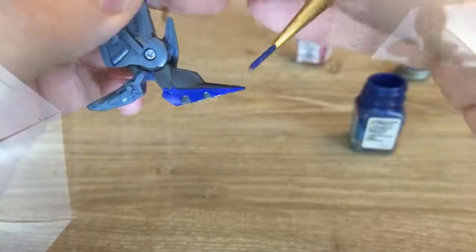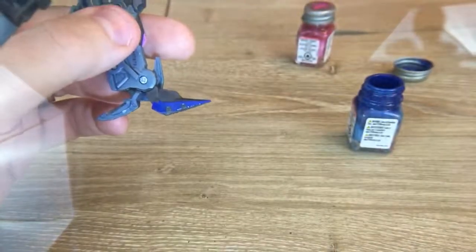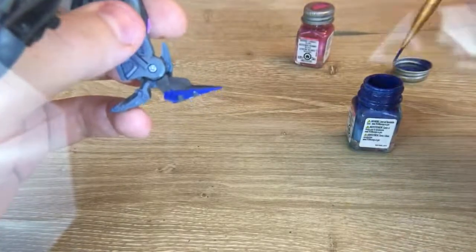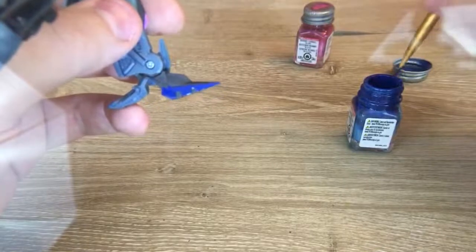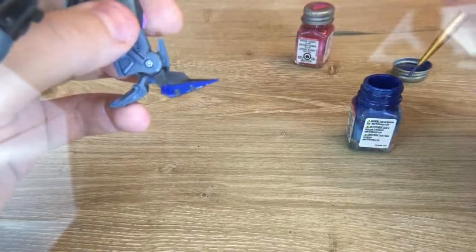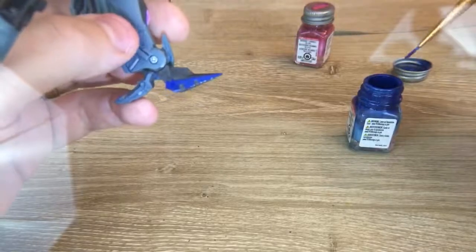I'm sure I'll be super not interesting as I'm focused on painting this thing while also trying to talk and also trying to respond to messages. It's fine. It's a learning process. We'll learn together. But as I was saying before, with regards to the